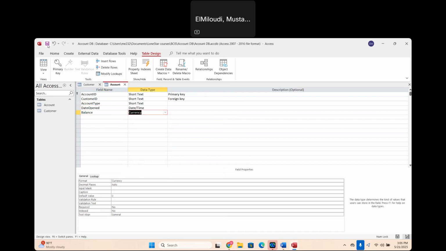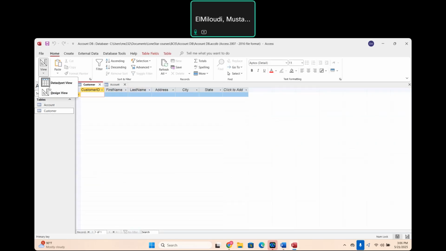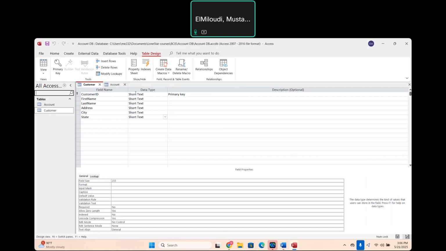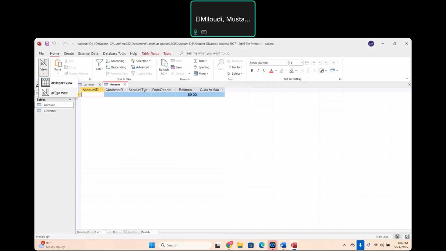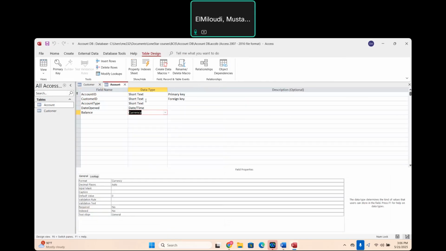Okay. So now let me double check, make sure everything is fine. As you can see right here, we have customer ID. All of them are short text. Okay. Now for the address, I may choose a long text just in case it needs more space. Okay. Save. Now for the second one, let me make sure that the customer ID has the same data type